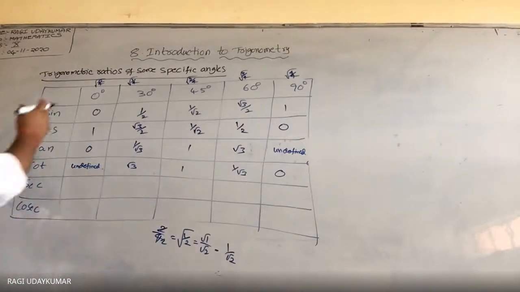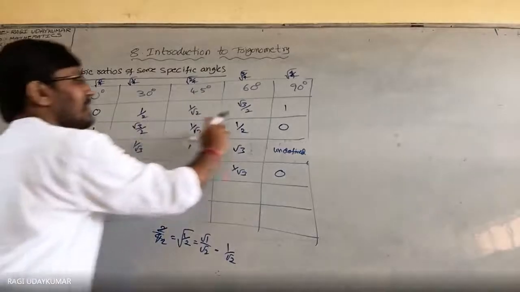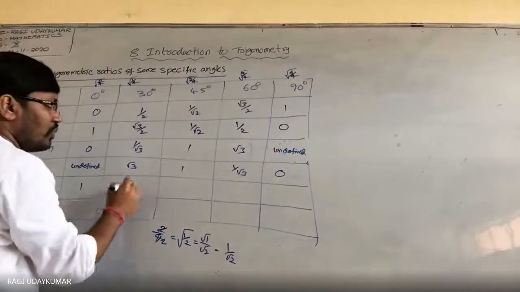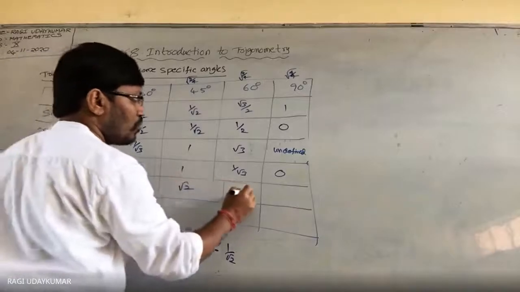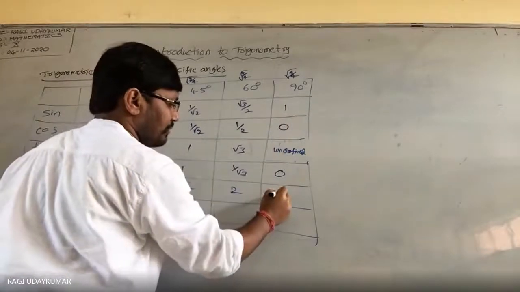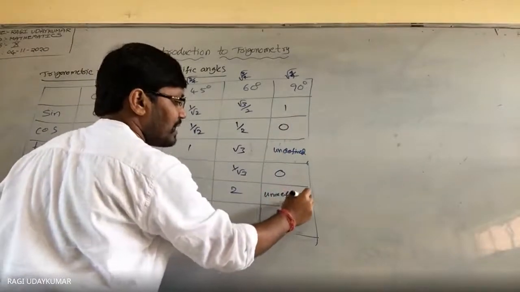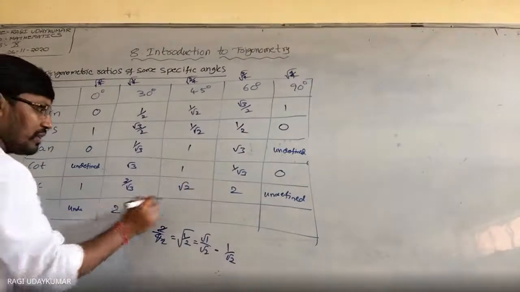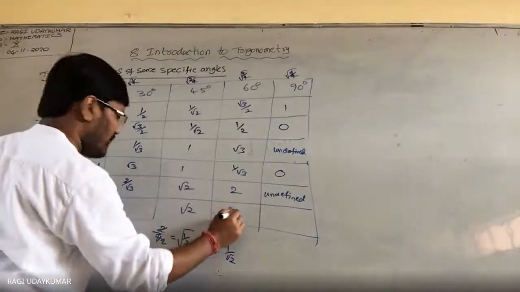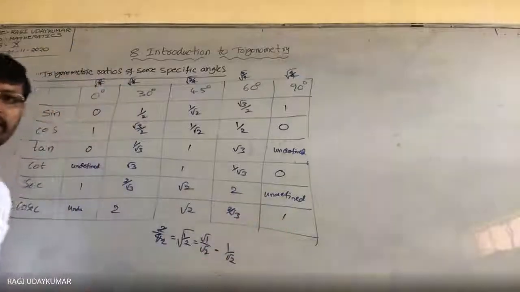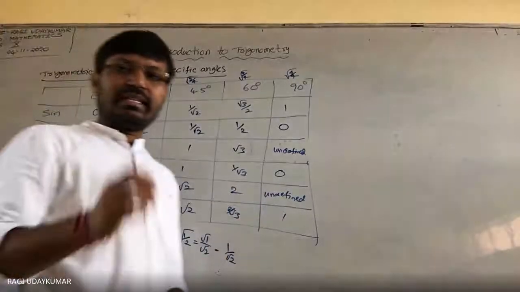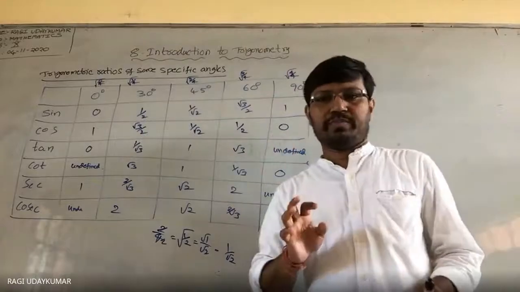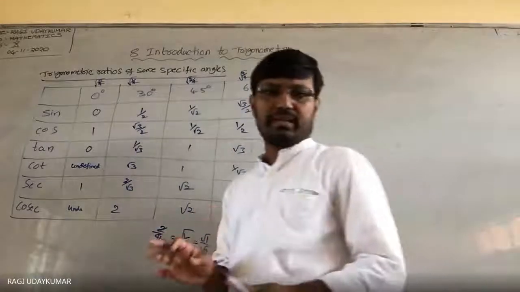Secant and cosec. Secant is the reciprocal of cos. इसका reciprocal लिखना है. So 1, इसका reciprocal 2 by root 3, इसका reciprocal root 2, 2 इसका reciprocal undefined. When you get this one, ये इधर लिखो undefined. And 2 इधर, ये root 2, ये 2 by root 3 here, and 1 is here. हो गया. This just within a 1 minute you can make it. This table, it's an easy task to you to do this one.